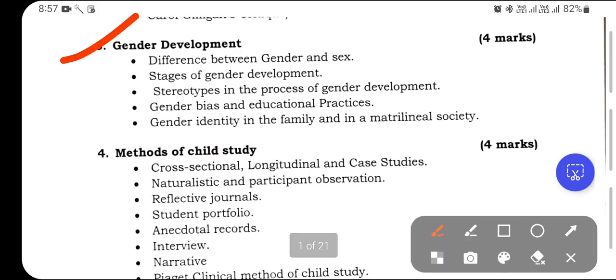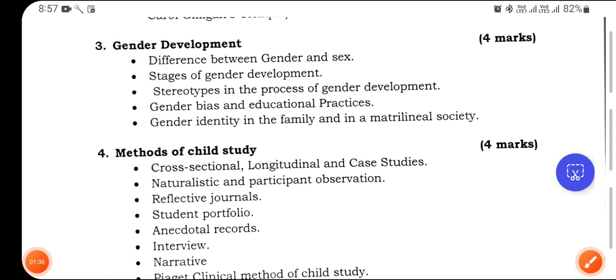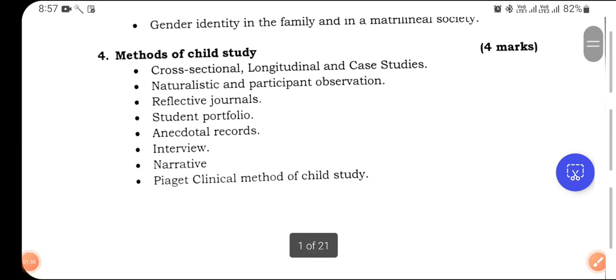Now gender development: difference between gender and sex, stages of gender development, stereotypes in the process of gender development, gender bias and educational practice, gender identity in the family and in matrilineal society. So it is of 4 marks. Now topic 4 is of